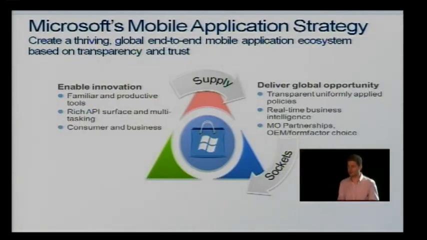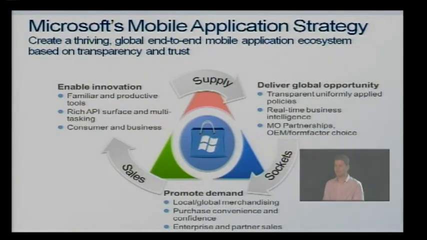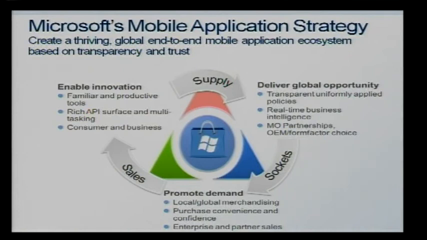We accept that people are very individual about their choice of phones. I personally like to use, for example, a QWERTY keyboard when I'm doing a lot of email. Other people would prefer to use a stylus to type emails. So a range of choices available on the Windows Mobile platform. And that creates sockets. And that means demand, which means local and global merchandising. You can purchase with convenience and confidence, but also there's a role for our partners to sell. You as developers and ISVs will be looking to sell, and also to create more demand for business users in